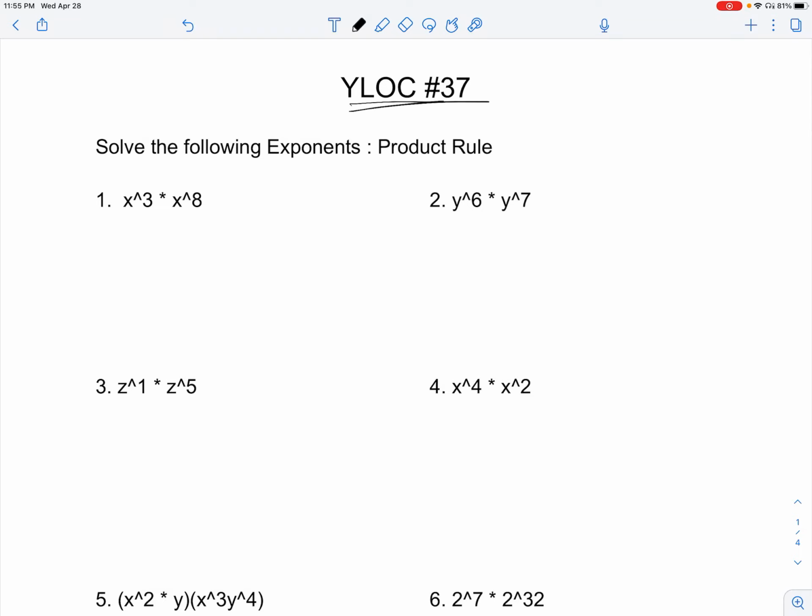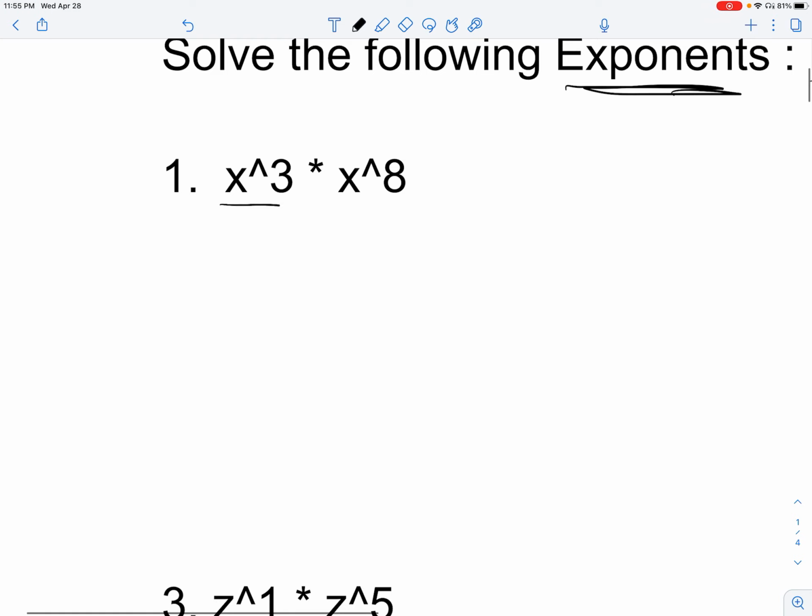This is Y Log number 37, and we're going to be going over exponents, the product rule. Now you have x cubed times x to the 8th. The product rule is that if you have the same base, in this case it's x, you can add the exponents together. So in this case, x cubed times x to the 8th power